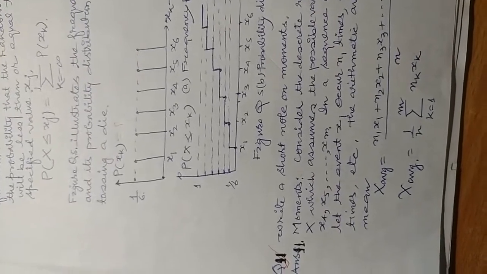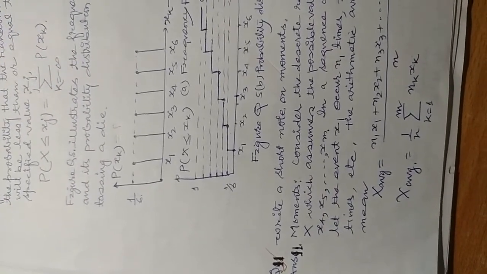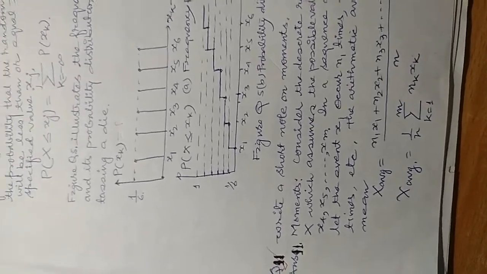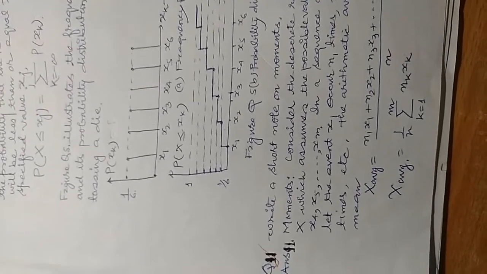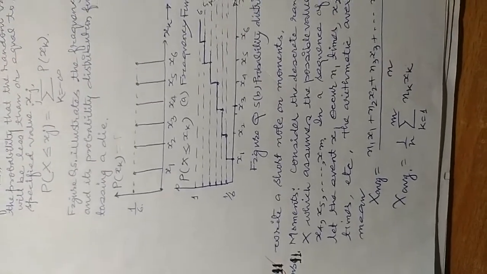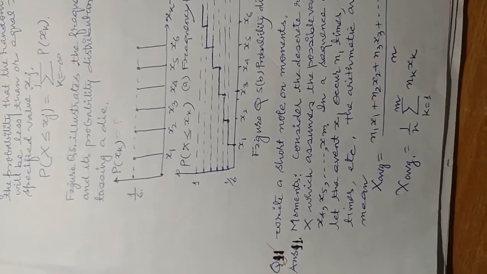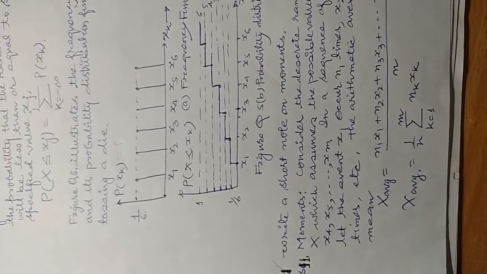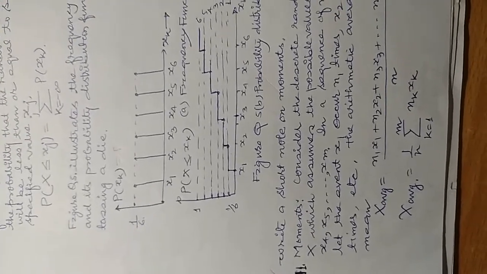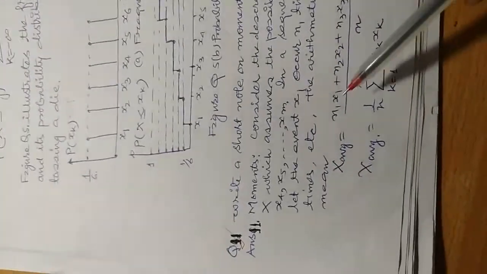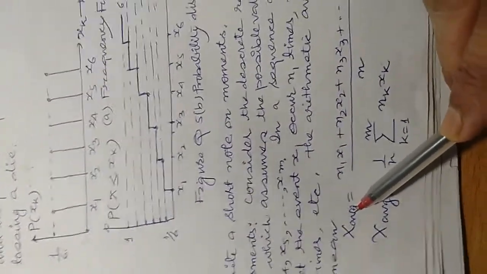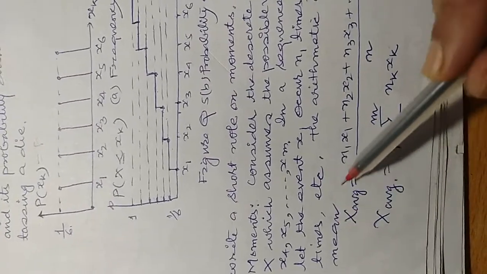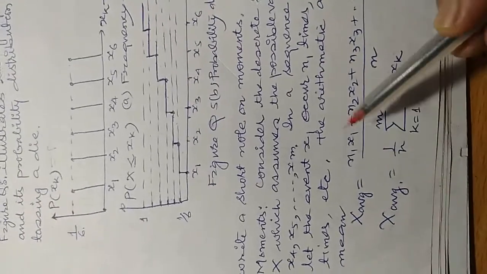So a moment may be the mean, it may be the square mean, the third order mean, the fourth order mean; a moment can be of any nth order. If we talk about the moment of first order, that is the simple average, we can say the arithmetic average, x average. Here we are taking an example where some experiment has been conducted,